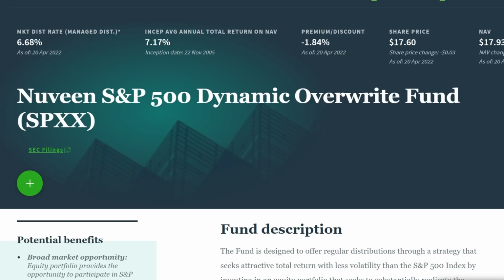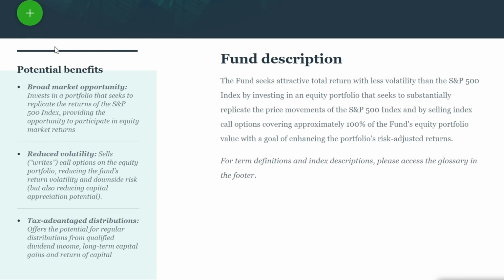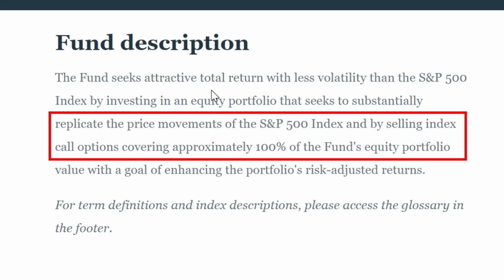All right, next up, let's take a look at BXMX, which is very similar. It's the Nuveen S&P 500 Buy Right Fund. Now you might be thinking to yourself, what is the difference here? It's not a big difference. The market distribution rate is 6.62%, and what it says here is that the fund seeks attractive total returns with